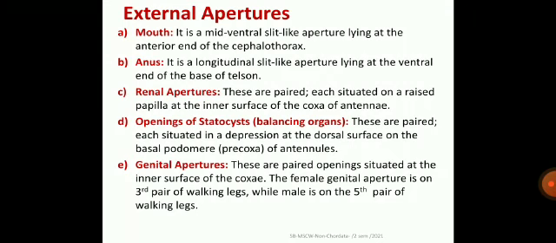Finally, there are apertures called genital apertures or openings. These are also paired openings situated at the inner surface of the coxa. The female genital aperture is found on the third pair of walking legs, while the male genital aperture is present on the coxa of the fifth pair of walking legs. Okay, with this I have just completed the explanation of the morphology of prawn. Now I'll just try to end it up with